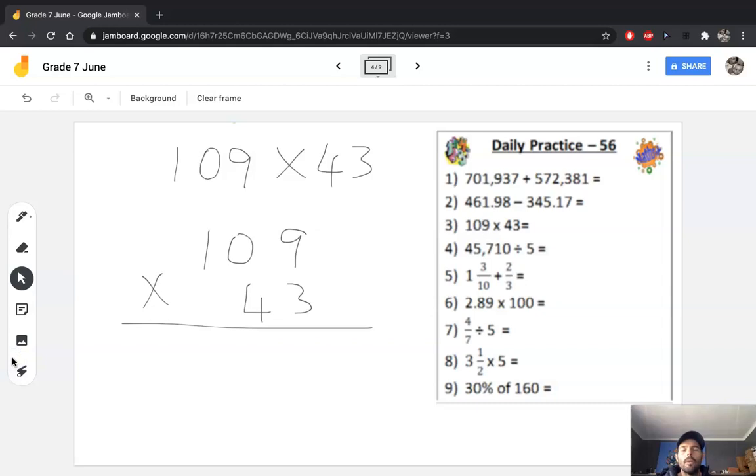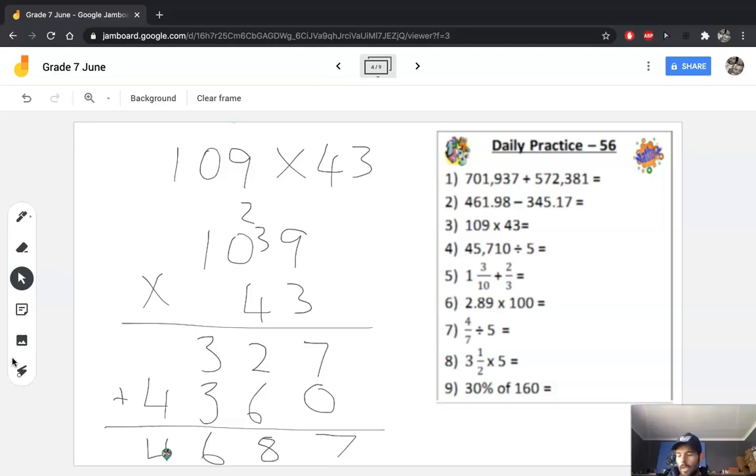Long multiplication, 109 multiplied by 43. So I'm going to do this column method first. 3 times 9 is 27. 3 times 0 is 0, plus the 2 is 2. And 3 times 1 is 3. So 109 times 3 is 327. Always remember that placeholder, because now we're multiplying by a multiple of 10. And then 4 times 9 is 36. 4 times 0 is 0, plus the 3 is 3. And 4 times 1 is 4. Then I need to add it, and I get